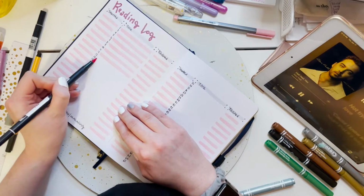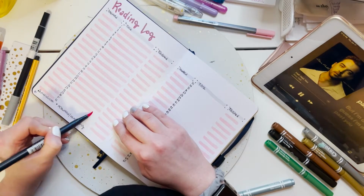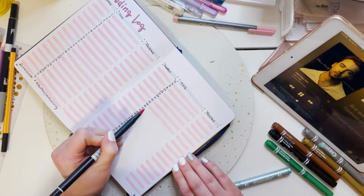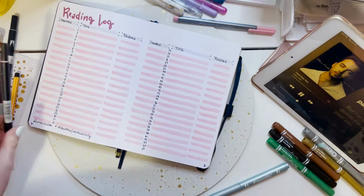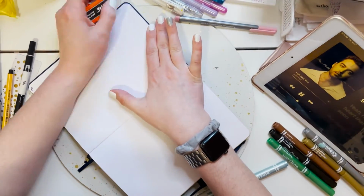The little symbol at the bottom for me is a headphone, like 2 little dots and then a semicircle connecting it. That means it's an audiobook. So typically I put that on the right side of the title section. And then there's a little dot, essentially just a circle, and that's if I've started